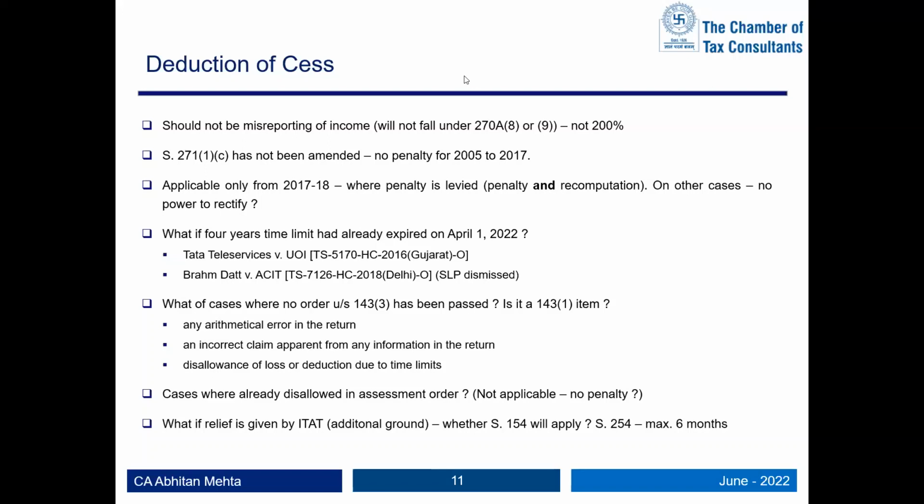But now since you know it and there was no 143(3) done, this was never brought to the knowledge of the department. But you suo motu do it, otherwise we will levy penalty on you. That's what they're trying to say. Absolutely. As I said, you do it, they'll accept. The only thing is whether it is apparent or not. It is there definitely in my working files. We would discuss one thing: in TDS, even though it is there in 26AS, they are saying once you have not claimed it, it is not apparent from record. And they are not allowing additional TDS to be claimed under rectification.